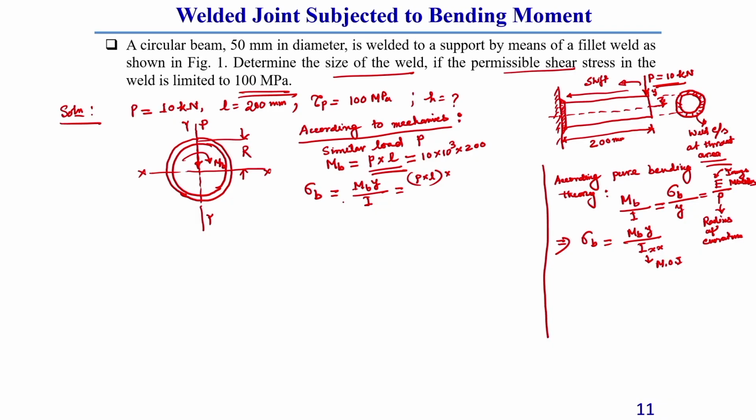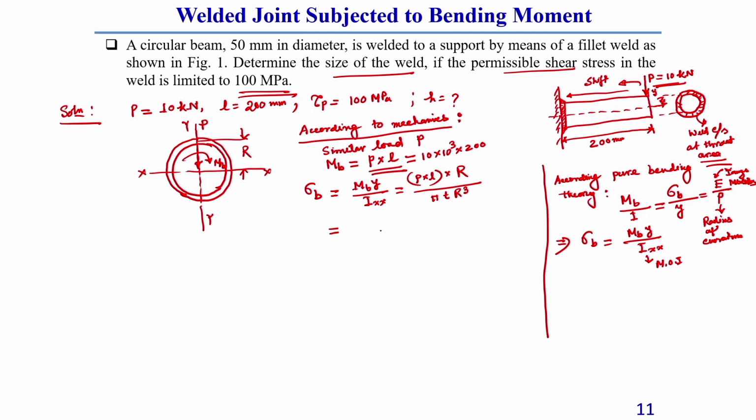So, that is why we are considering this radius R, okay, divided by I x x. I have already shown you, this is pi t R cubed, that is I x x, how to calculate these things. So, sigma b, by putting all these values, what can we find out?